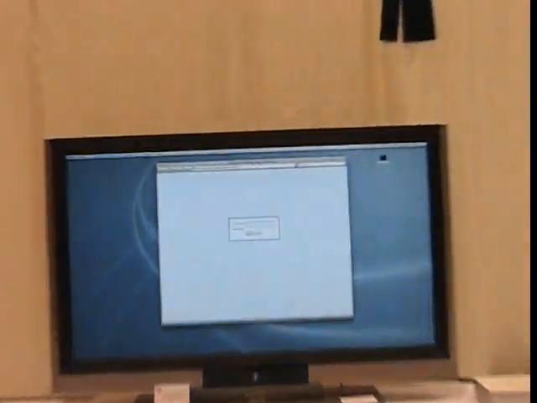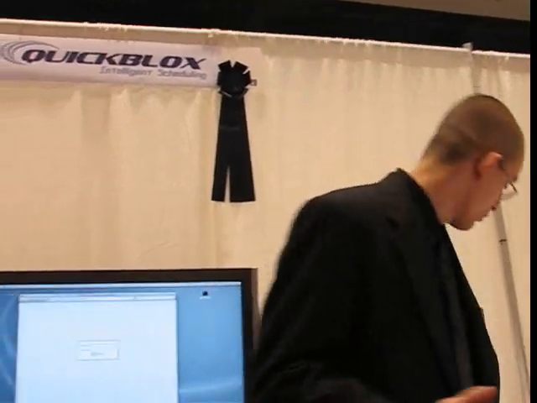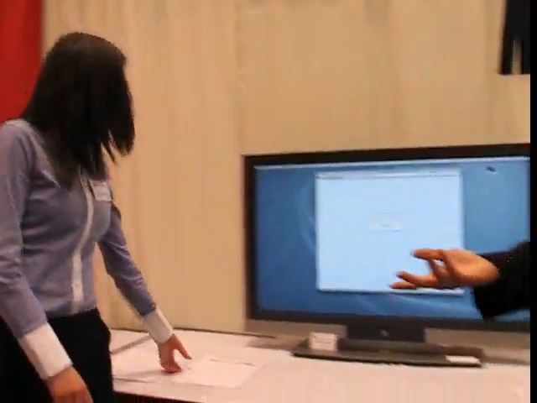So this is Quickblox intelligent scheduling. It's completely different than any kind of scheduling application we've ever seen. Our common problem is, I've been here for 3 years, Erin's been here for 5, I'm a transfer student, she's not. But we both have the same problem with just scheduling in general at the university. If you guys are UC students or have used the systems, then you would know that it's not very intuitive,